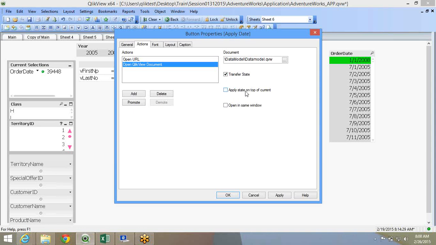If you say apply state on top of current, and that application has any specific selection, so if it is selected as year 2008 or territory 5, it will not clear the territory 5, it will apply the order date onto it. So you can choose what you want. Open same window is like for the browser, whether you want to launch a different browser or the same. So I'll just say apply.